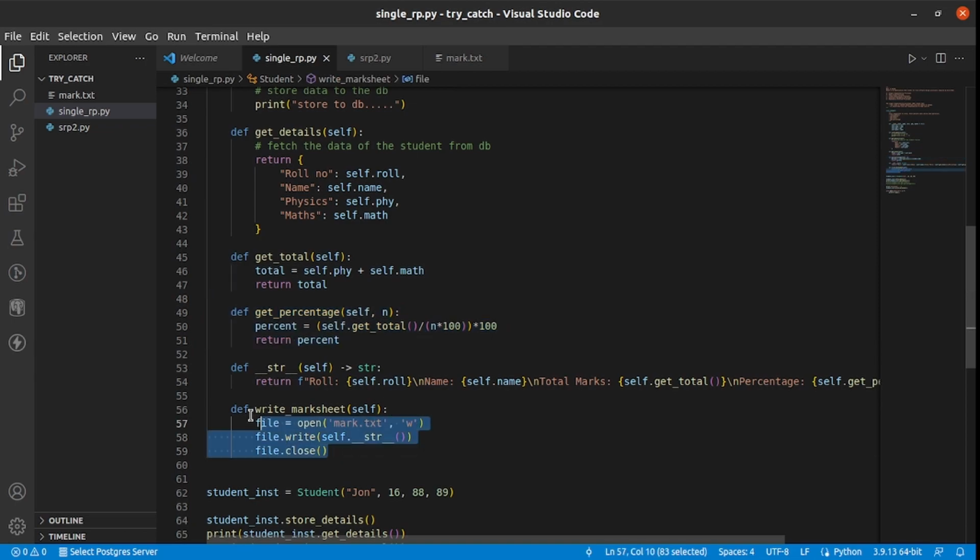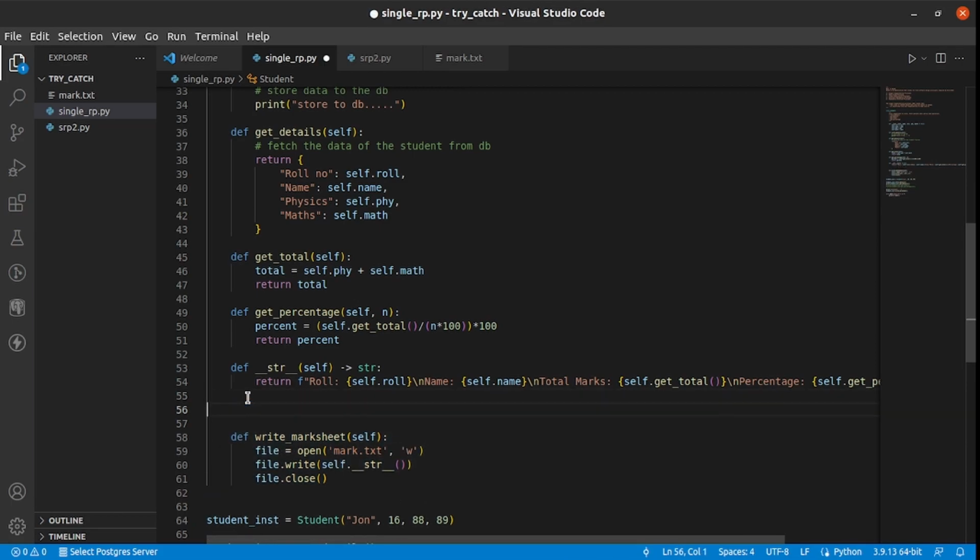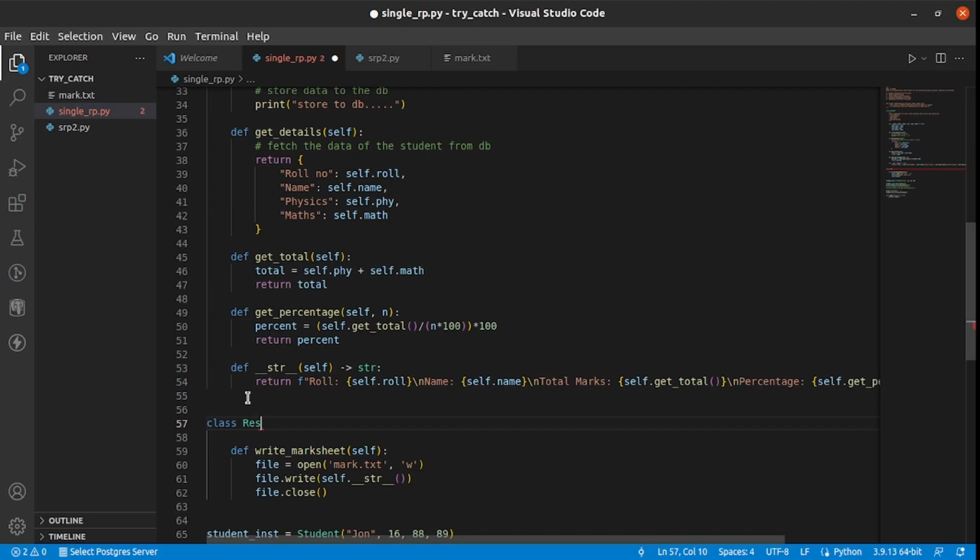What the marksheet is writing to marksheet is not a property of the student, which breaks the single responsibility principle rule. So what should I do here? We should break this class into two classes. Let's say we have another class, result manager,